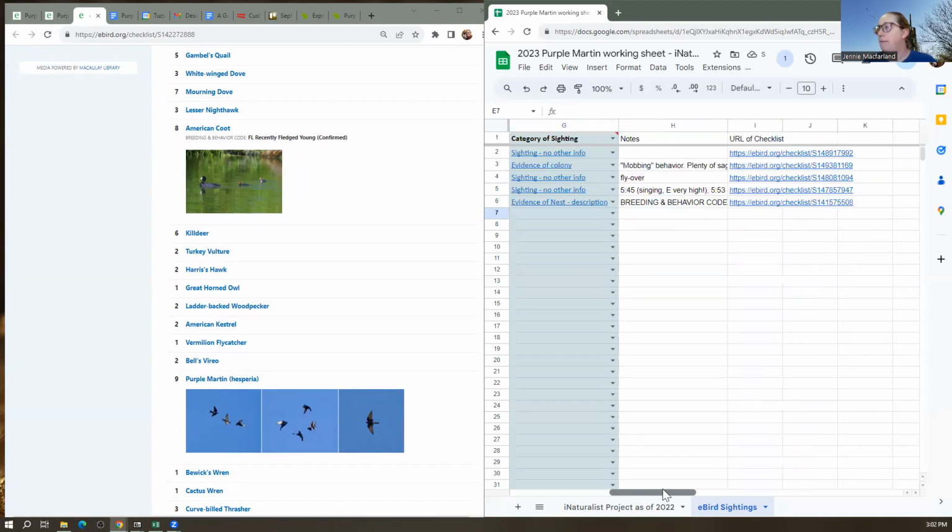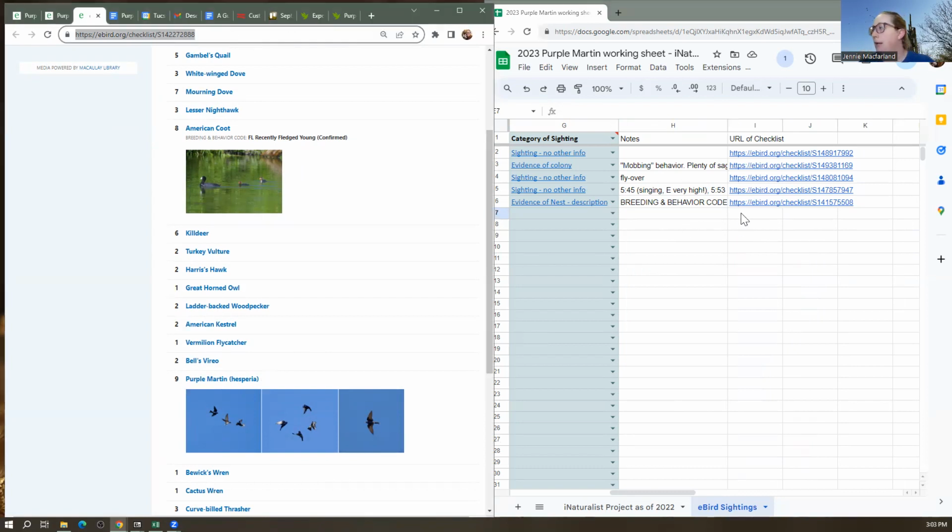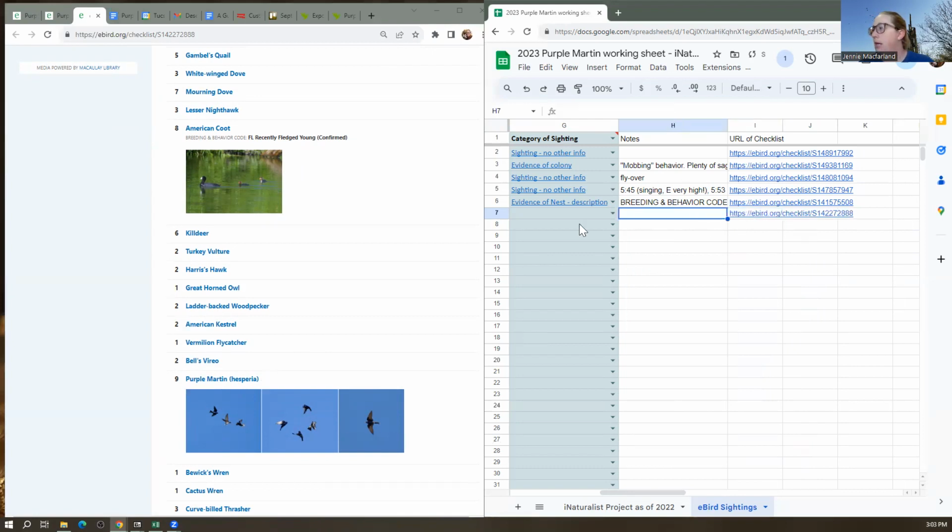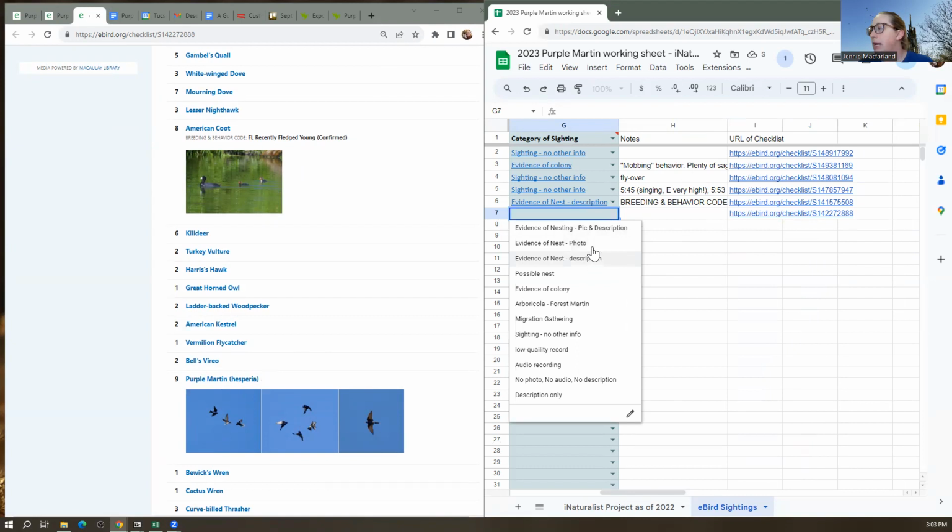Before that, let's get the notes in the URL. So notes here. It doesn't have any notes here. It's really that blank. We need the URL up here. That in here. Control V, that in. Now we need the description. So what he has here is just sort of, this is a sighting with no other photo. In fact, I'm going to add